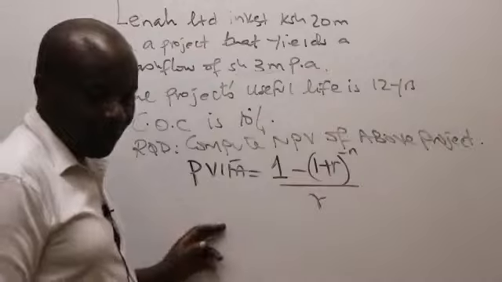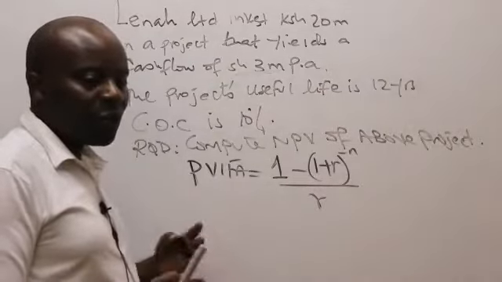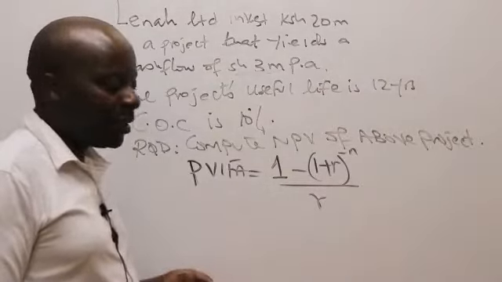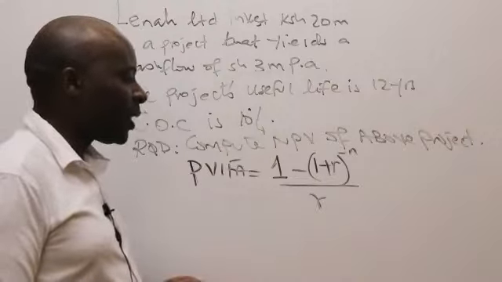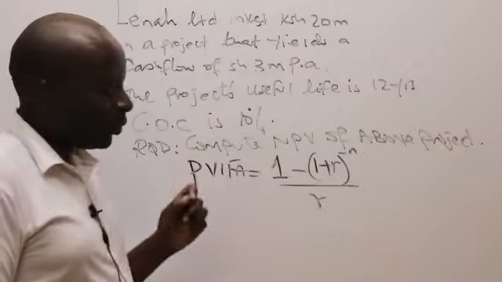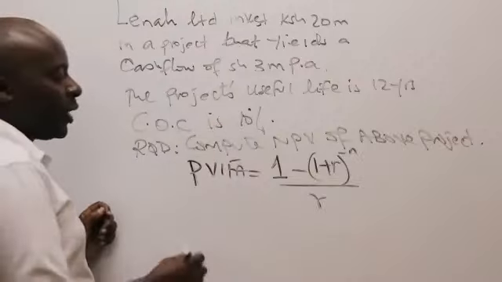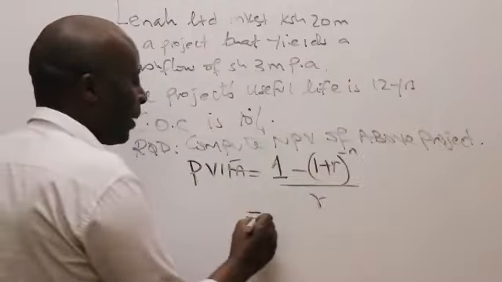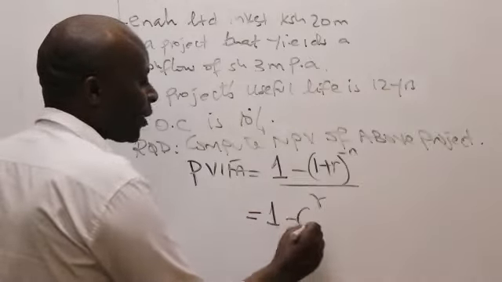I'm using PVFA simply because, ladies and gentlemen, I appreciate the fact that this is a regular, uniform cash flow. So then if that is the case, my PVFA here will be 1 minus, in brackets,